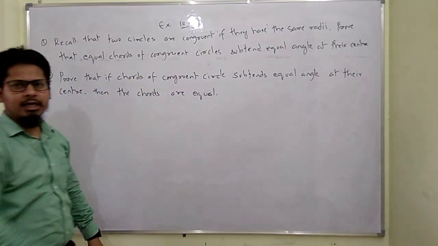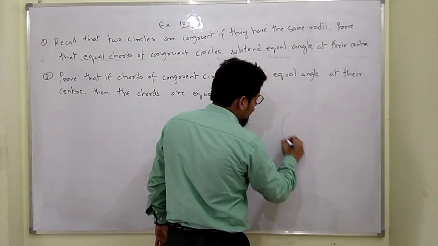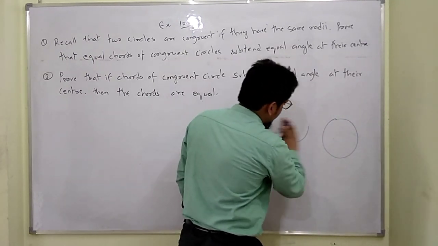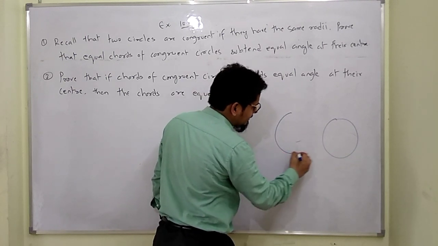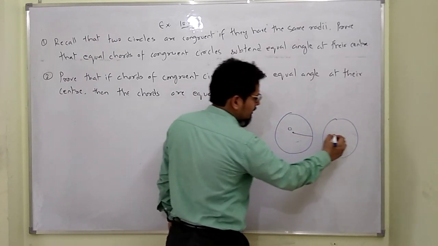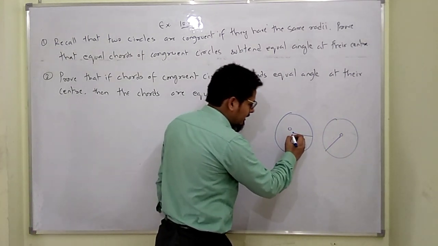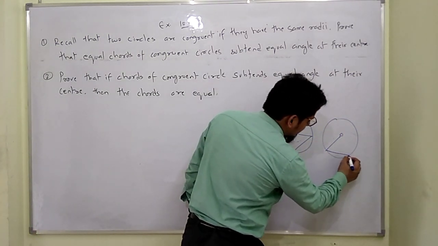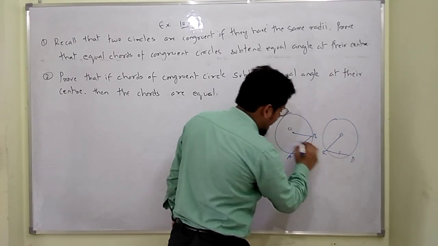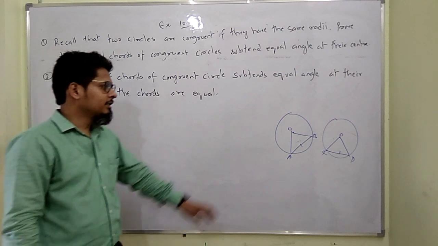I have been teaching you. Okay, just that there's a little bit of change. One is that you draw two different circles of the same radius, right? You have to take two circles of the same radius. The radius R is the same for both circles, center O and center O, and we have to prove that the angles subtended by these equal chords will be the same. There are two chords, chord AB and chord CD. Okay, it is mentioned there. We have to prove angle AOB equal to angle COD.